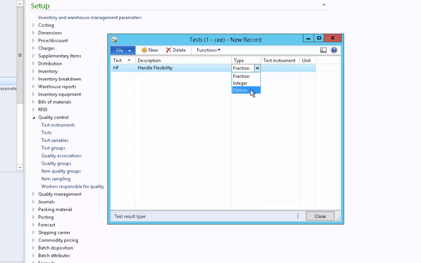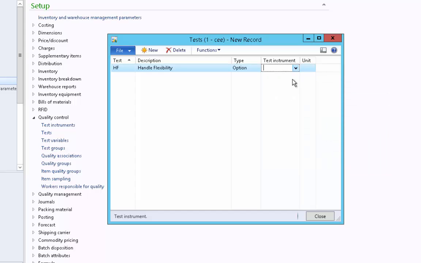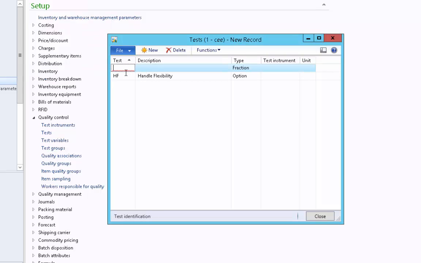So handle flexibility should be of option type because we have an option whether it's okay or not okay. And we can also link a test instrument, but for checking the handle flexibility we do not need any test instruments. Once the test is created, if we want to change the type of the test, we can change it from here, change quality test, and from new type we can specify either integer or